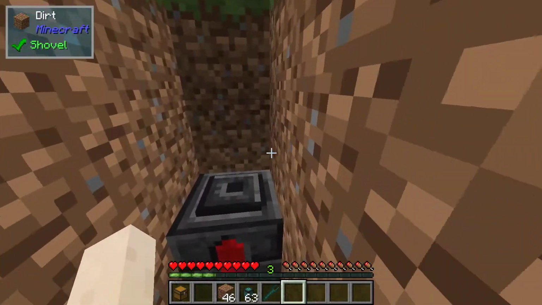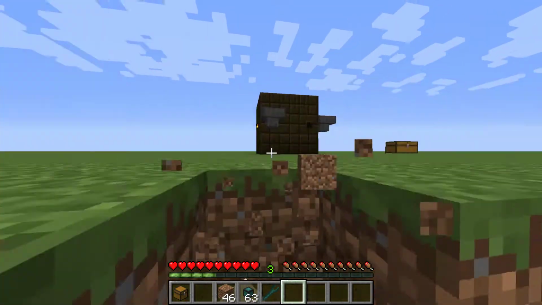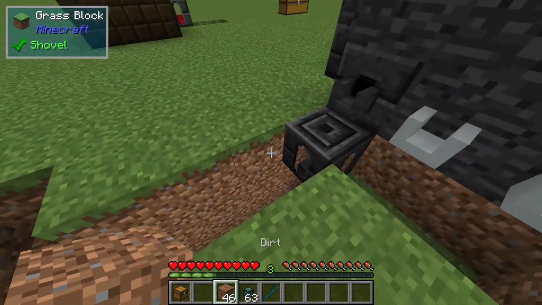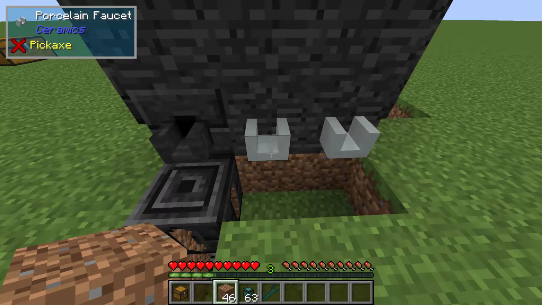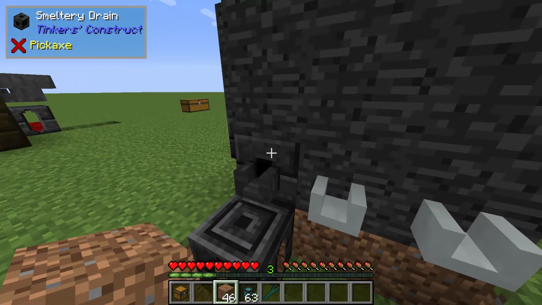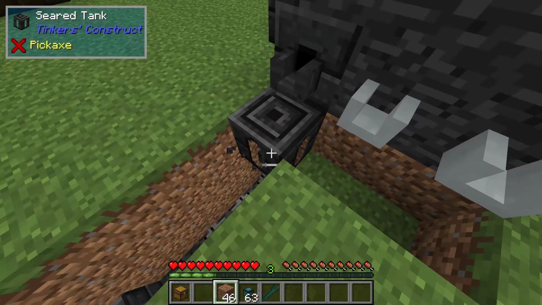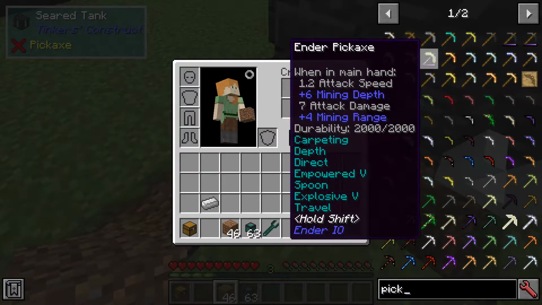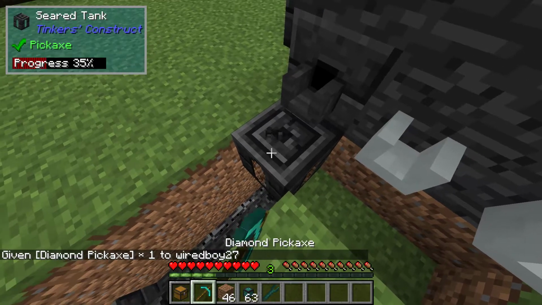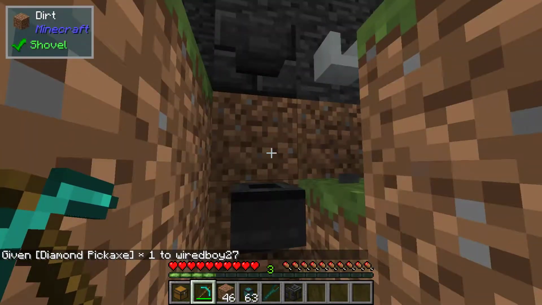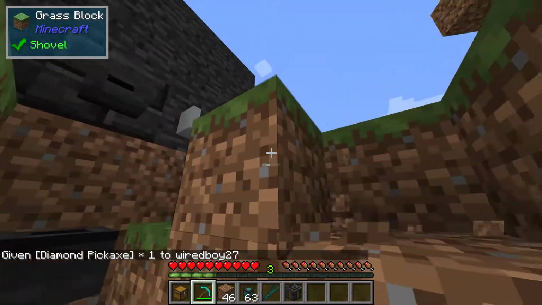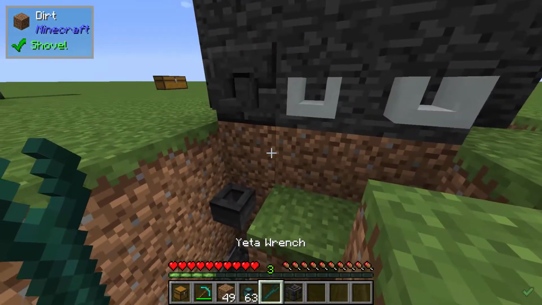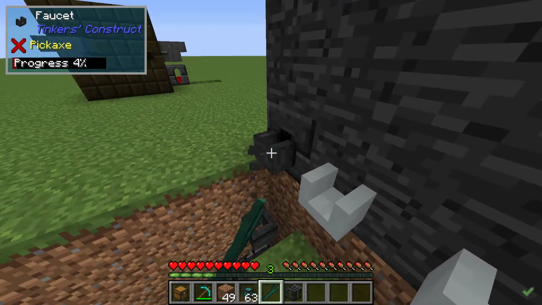So the next thing to check is, we've got our drain. Normally, in the past you'd be able to just export directly out of the thing without a need of a faucet. A faucet is basically just a waste of time. So let's see if that still works. So for instance, if we wanted to go in directly into ingot casts,